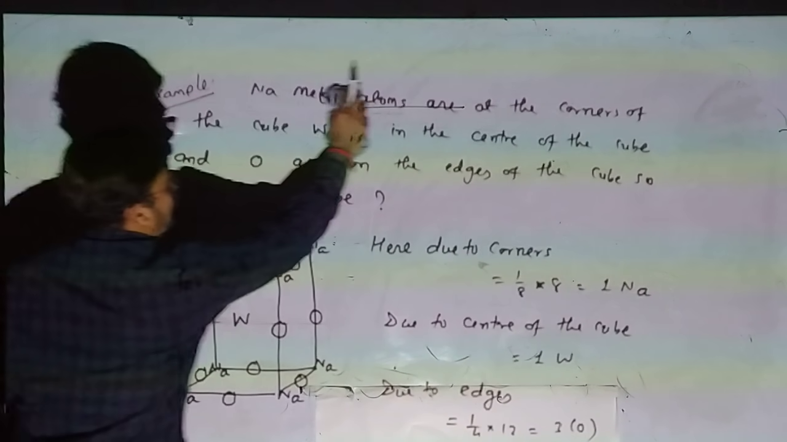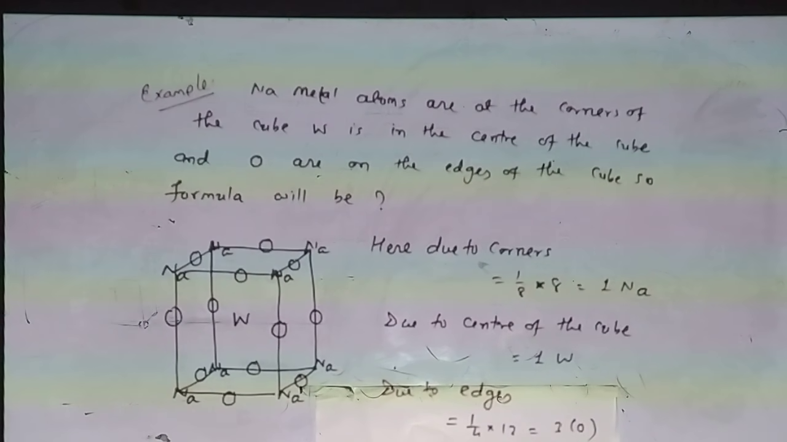Now sodium metal atoms are at the corner of the cube. Tungsten is in the center of the cube and oxygen are on the edges of the cube. So the formula will be,